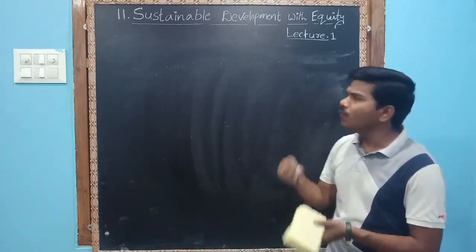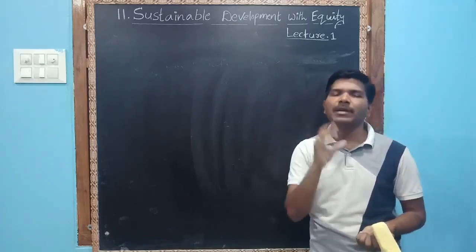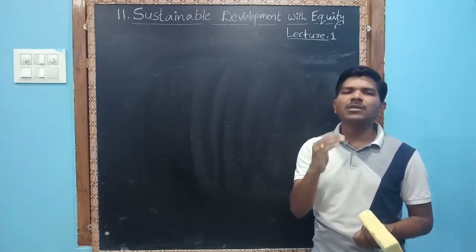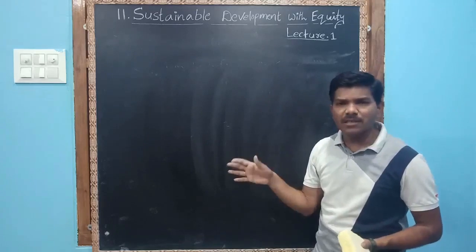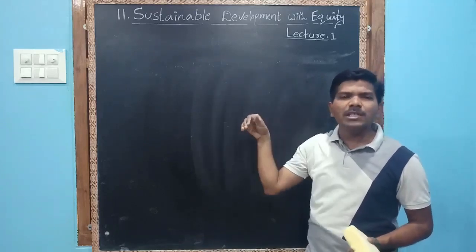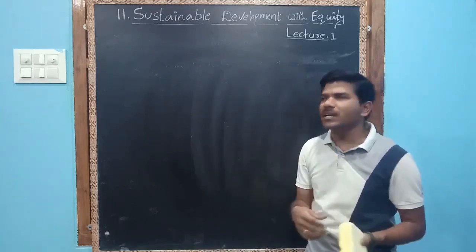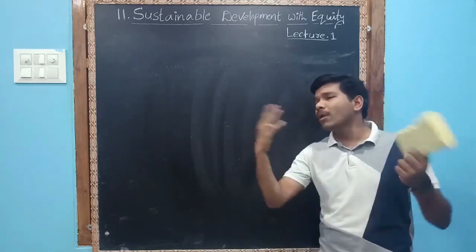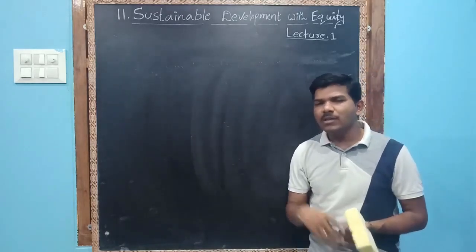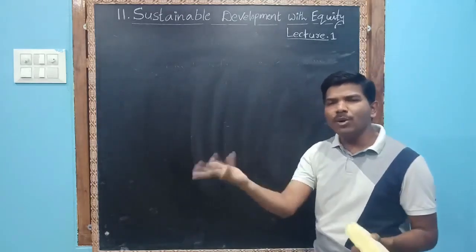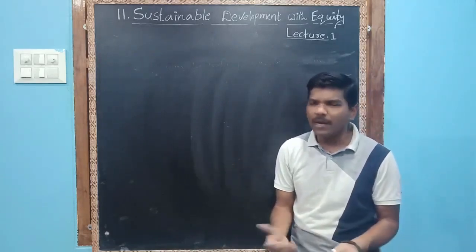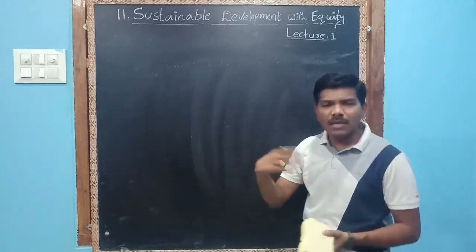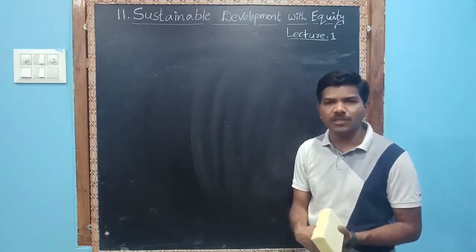So we have to adopt the sustainable development ideology. Current resources may not be available for the next generation. Just as we discussed, current resources will not be available for the next generation. Current animals will not be available for the next generation. Thermal power will not be available. Petroleum will not be available. How can they survive? It's impossible. So that is why this idea came up in the 20th and 21st century.